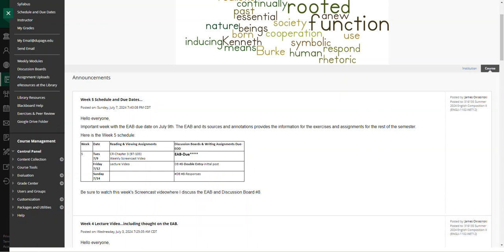So I just want to say it one more time: this is one focused research project. The topic you proposed in the proposal, the annotated bibliography is about that particular topic, and then we're going to keep that topic through the end of the course to the research essay. That being said, let's take a quick look over at discussion board 8.